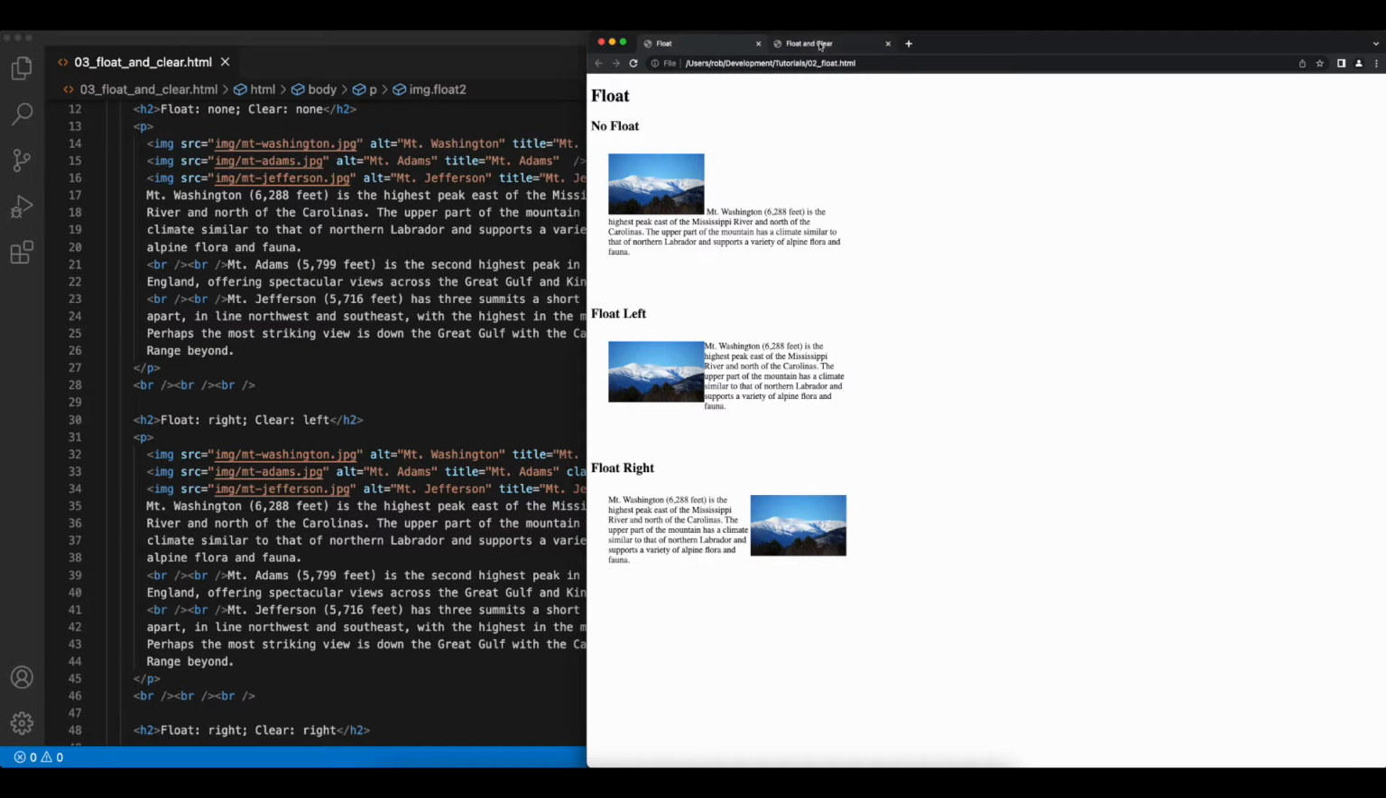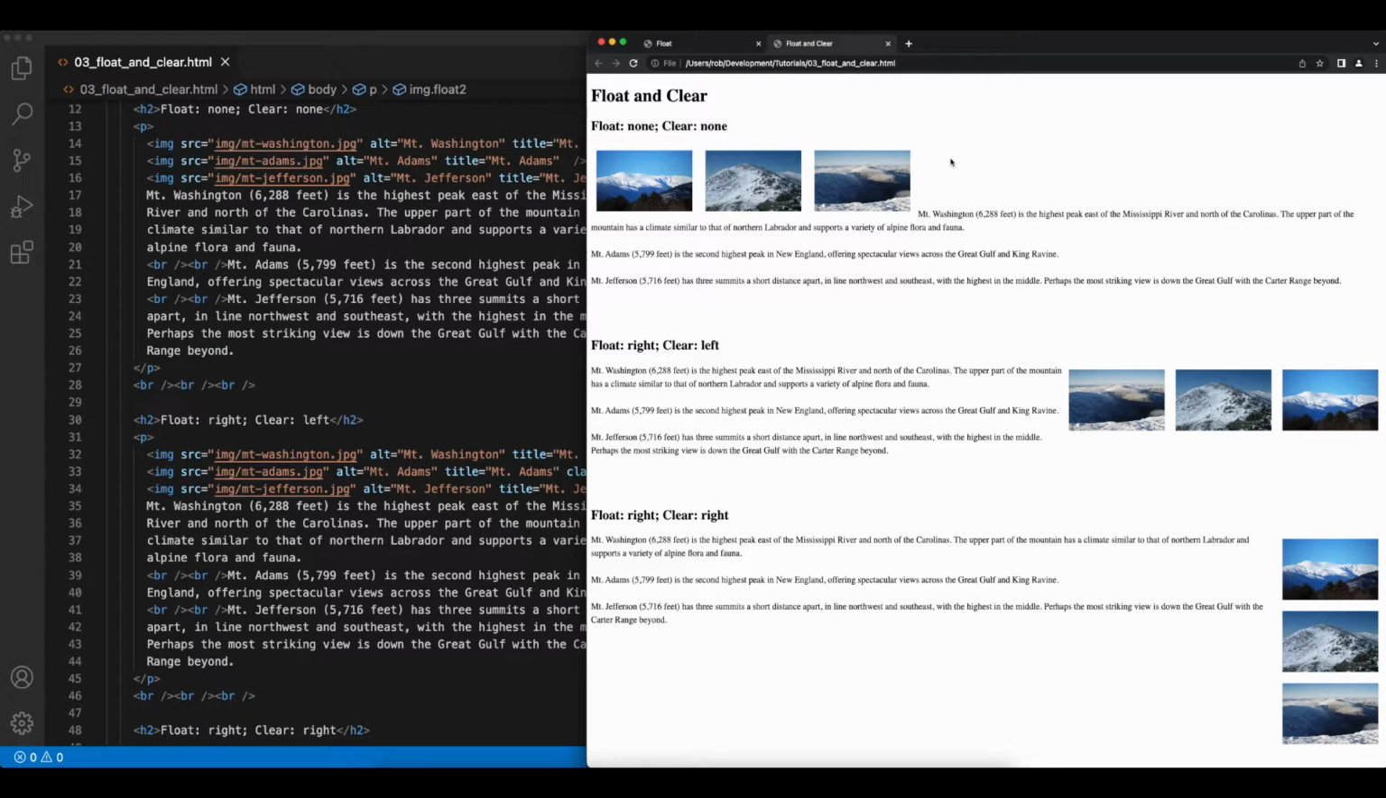Now let's switch to our next example, which uses float and clear. This web page has 3 paragraphs, all of which contain 3 images and some text. In the first paragraph, we'll see that we've applied no float nor clear. So we see the 3 images in a row and the text in the same order that they are entered